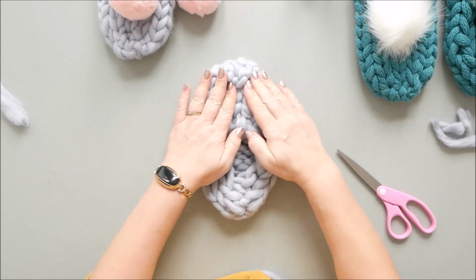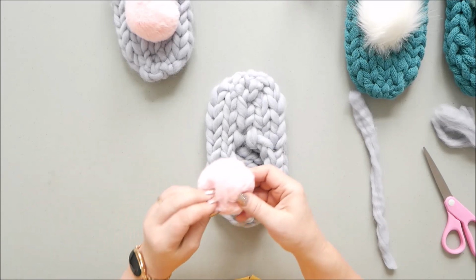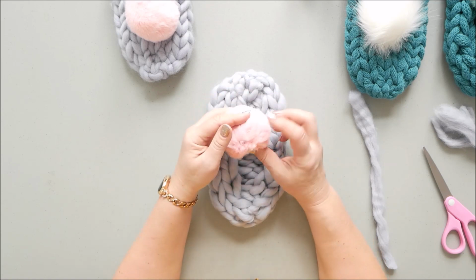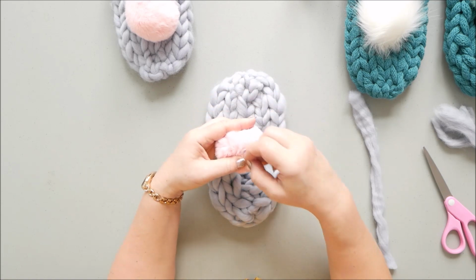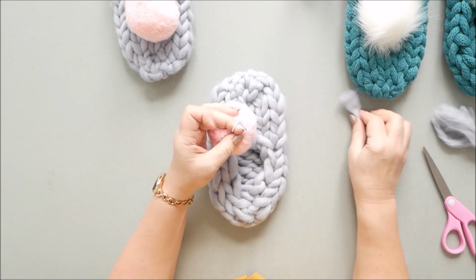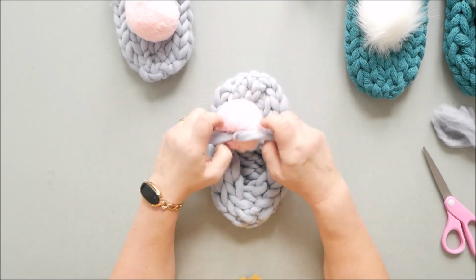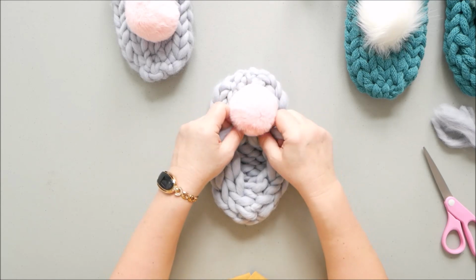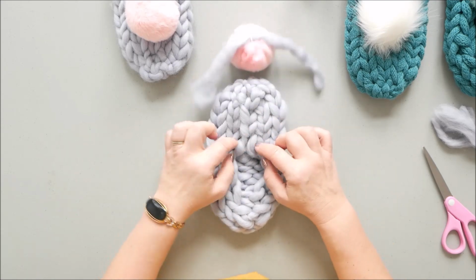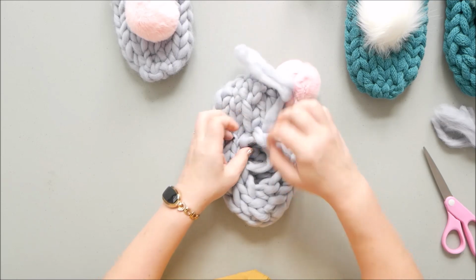What we need now, we need to connect the pom. Okay, so now when our slipper is ready, we'll just add a little pom on the top to make it even cuter. I'm usually using poms with a little rubber loop over here. So here's the loop. Insert the yarn inside the loop like that, and now just attach it where you want to. I will do it in the middle of the slipper, so one end will go on one side of